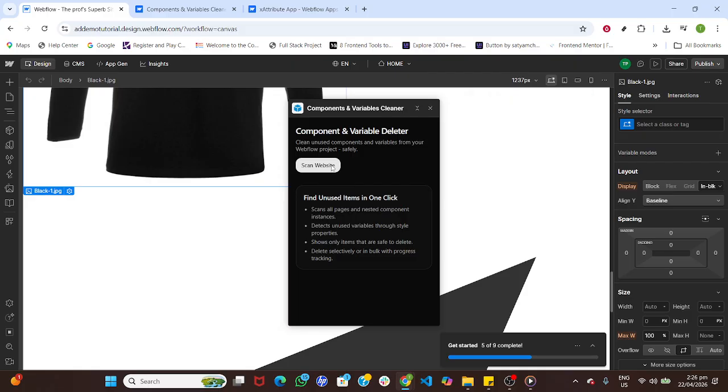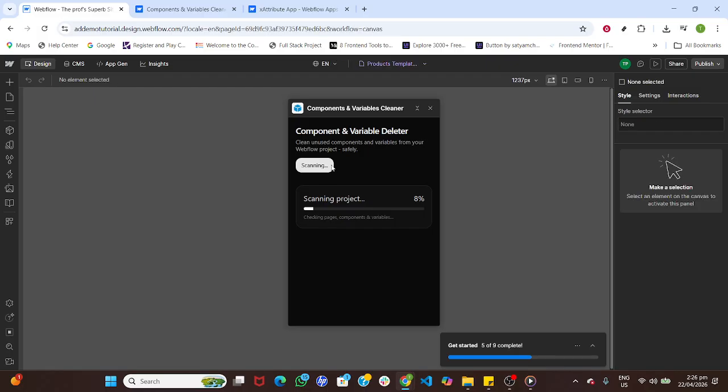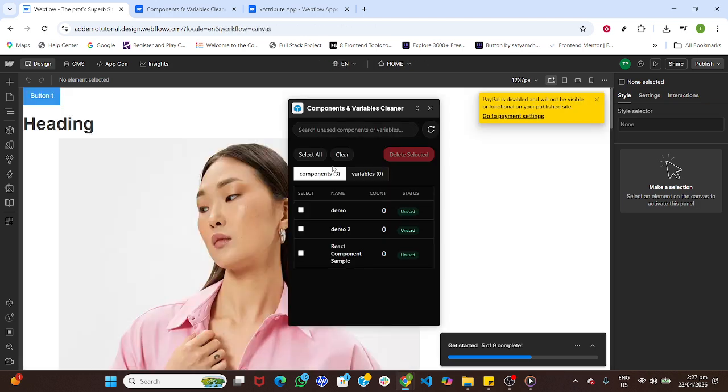Now install the app on your site. Click Install on Site, and proceed through the installation prompts, confirming each step until the app is fully connected to your project. If you're prompted multiple times, continue clicking Install on Site until the process completes. Tip: before making changes with any cleanup tool, consider duplicating your site or creating a backup version so you can